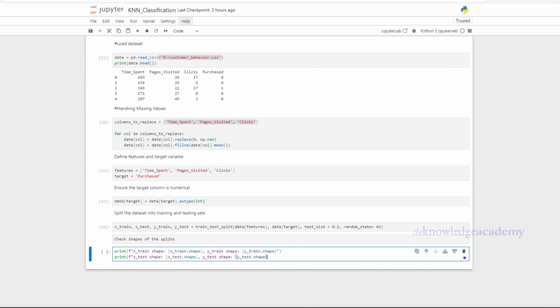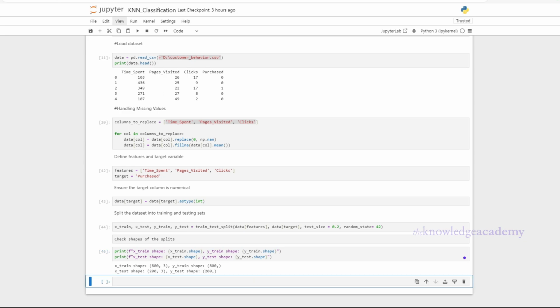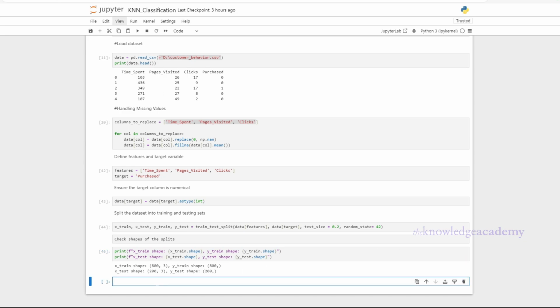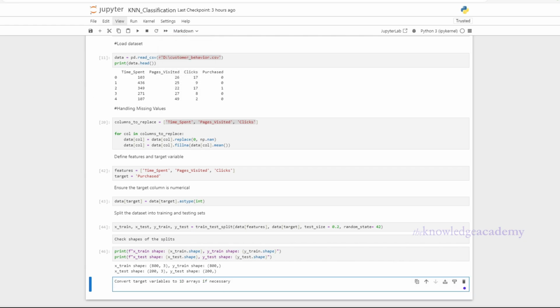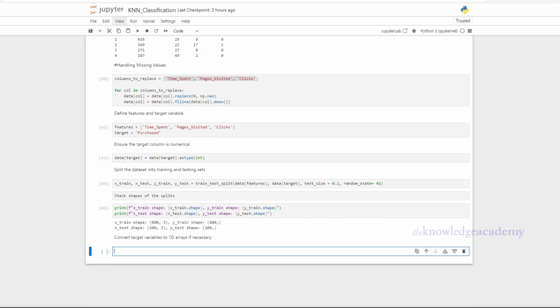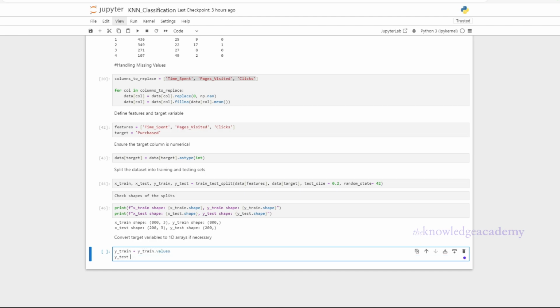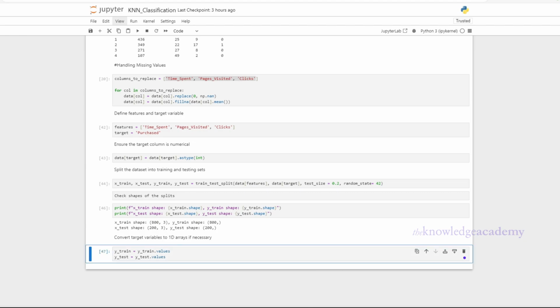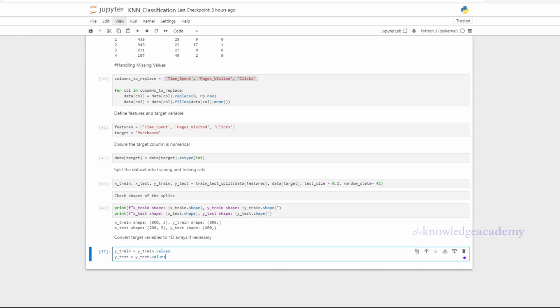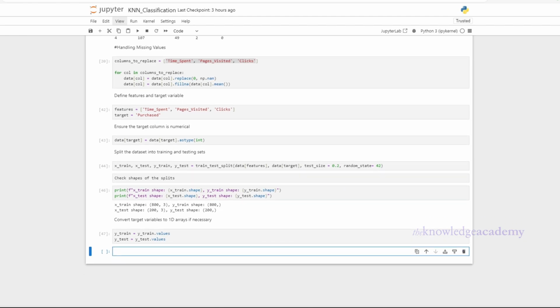Now we will convert target variables to 1D arrays. This is done to ensure that the target variables y_train and y_test are in the correct format for machine learning models. So for this, we will write y_train equal to y_train.values, and then the same for y_test as well. By default, train test split may return y_train and y_test as pandas series or data frames. Some machine learning algorithms require the target variable to be a 1D array. The .values converts the pandas series into a 1D numpy array, which is the format expected by most scikit-learn algorithms. Many models, including KNN, expect target arrays to be in one format for training and prediction, and